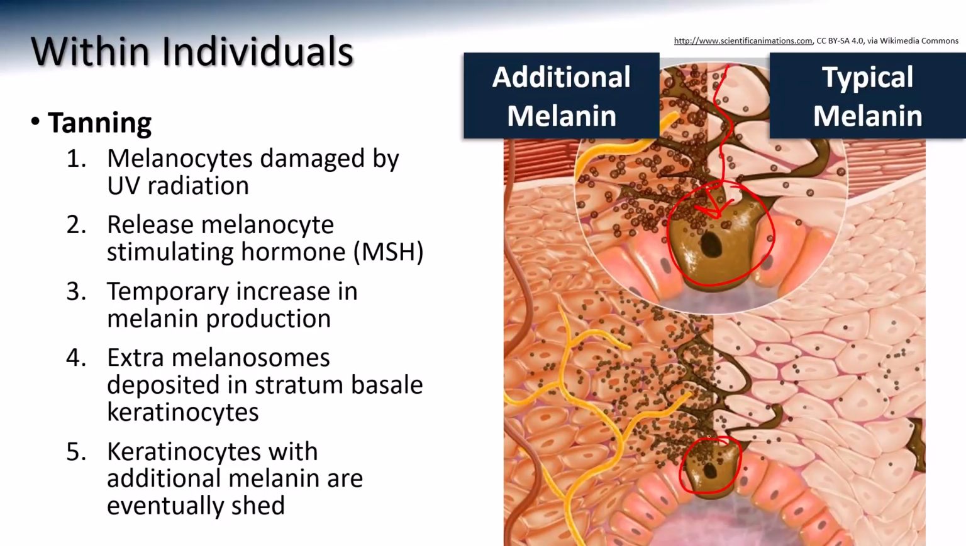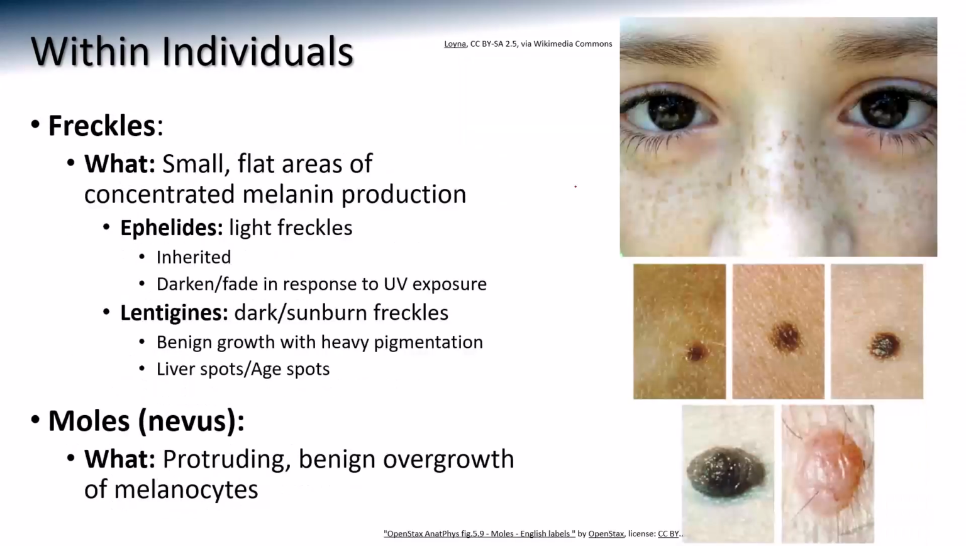So what you're seeing here in this picture, we're seeing extra bits of melanin being deposited into stratum basale, and that will produce a darker tone for the skin. Eventually, though, because the epidermis sheds every 4 to 6 weeks, these same cells will work their way up and out, and the skin tone will go back to the normal lighter shade. The other differences we see within individuals have to do more with where the pigment is located and how it's